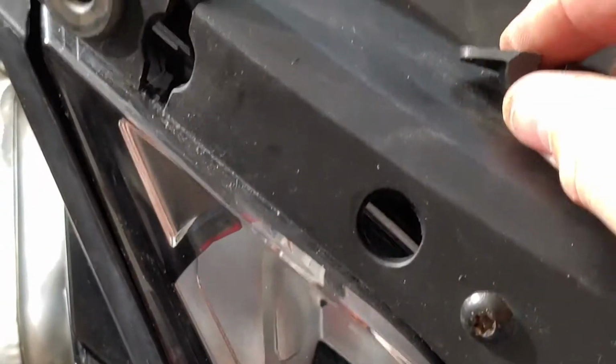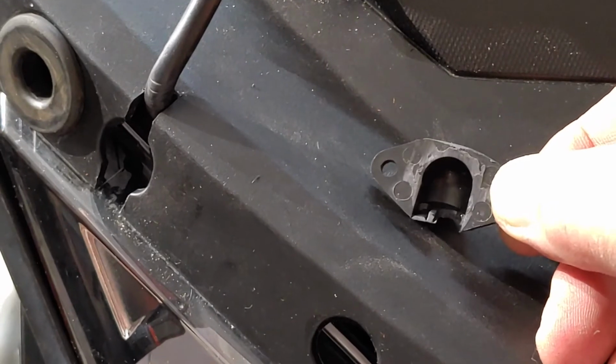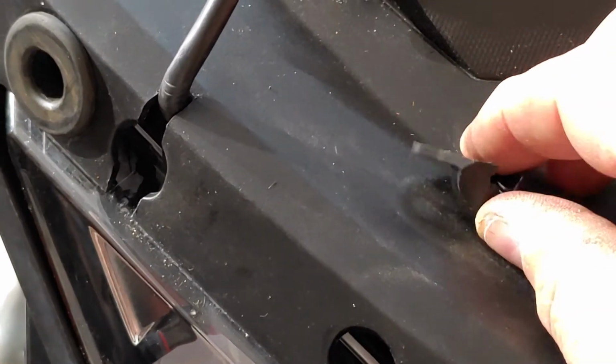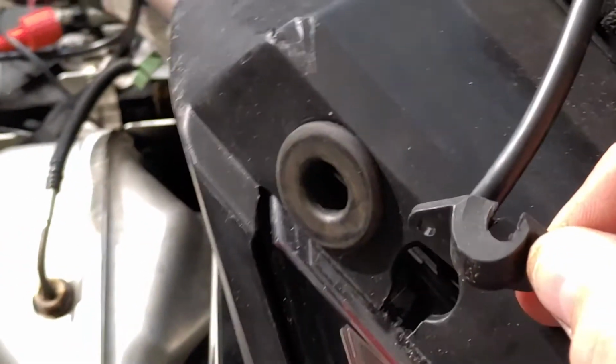Oh, frick. It's hard to work when you have fingers the size of hot dogs. So as you can see, I cut the back off. Then the underside, I cut where the wire is going to come out. So how this is going to work